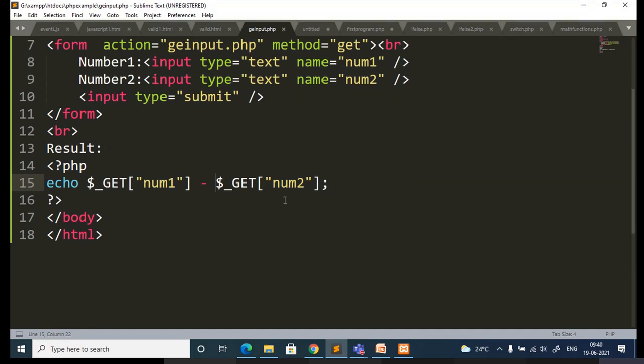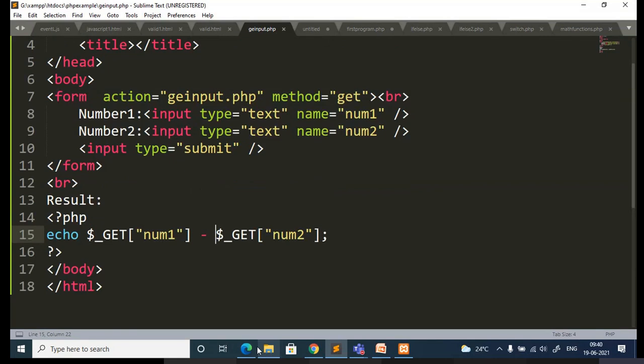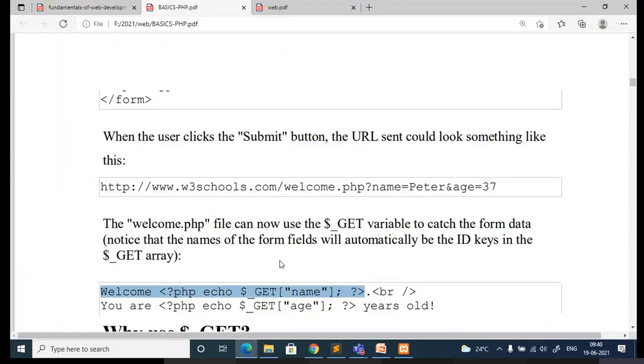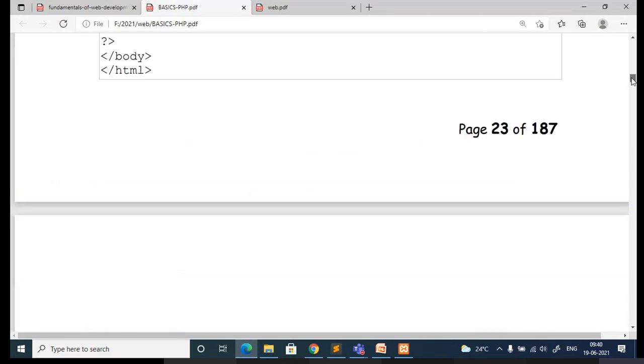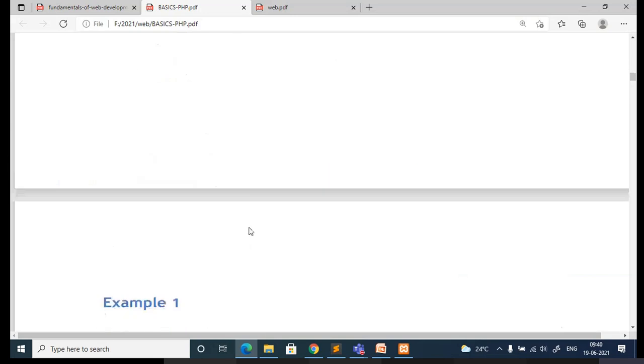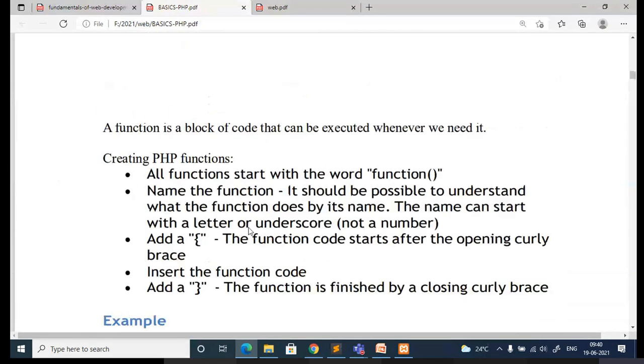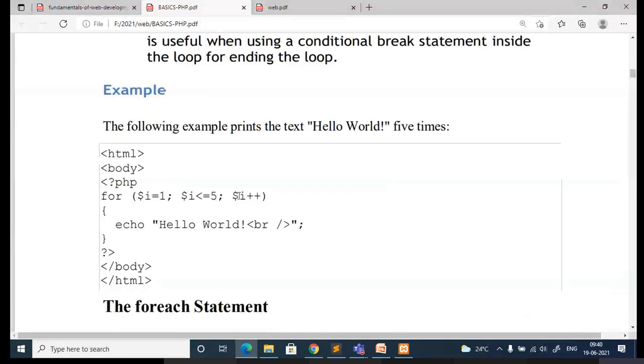Okay, so let me quickly go to the topic where we left off in the last class. I think I started with looping statements, and you can execute those by yourself. I'll just quickly run this part.